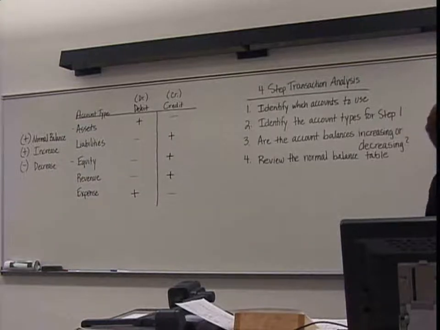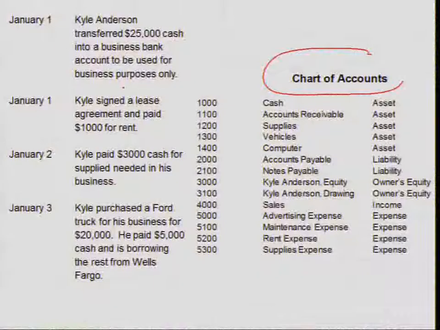Moving on to the second transaction, on January 1, Kyle also signed a lease agreement and he paid $1,000 for rent. So again, we have to ask ourselves, what accounts are we going to use? We are going to use an expense account, and we're also going to use an asset account. Now, step 3, are the account balances increasing or decreasing? Our expense account will increase because we are incurring rent expense of $1,000. So we will be debiting the rent expense account. We are taking cash out of our business to pay for this rent. So to show that we're decreasing that, we will credit